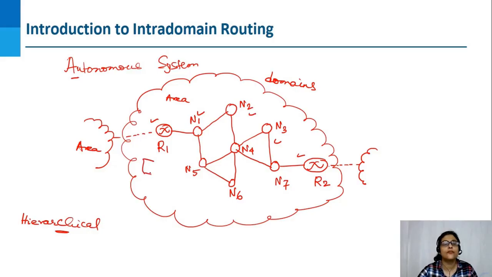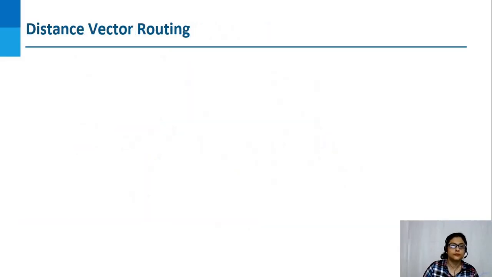These routers have their own routing table with the help of which they can help in forwarding and delivery of packets between the nodes of the network. Now, when packets are delivered from one router to different networks of the domain, maybe through different routers in the same domain, then it is known as intra-domain routing. For intra-domain routing, we have several protocols.